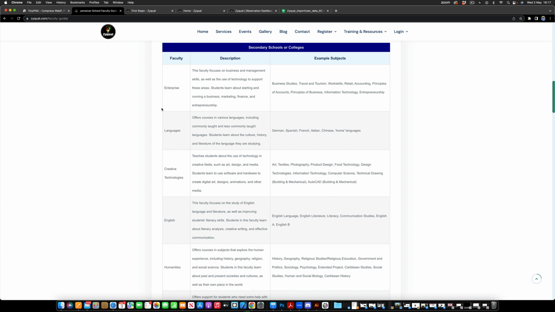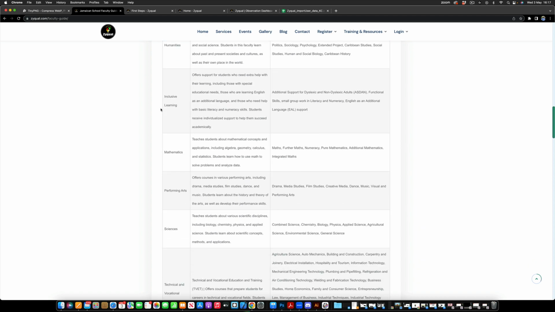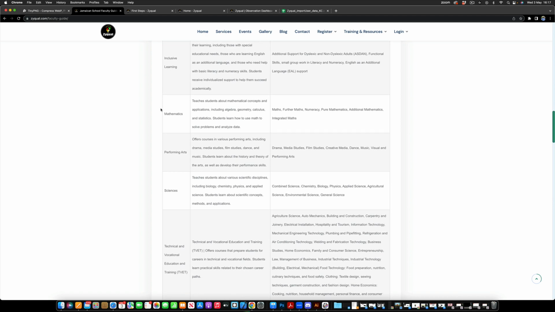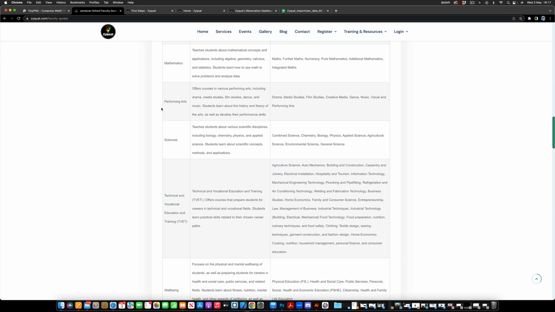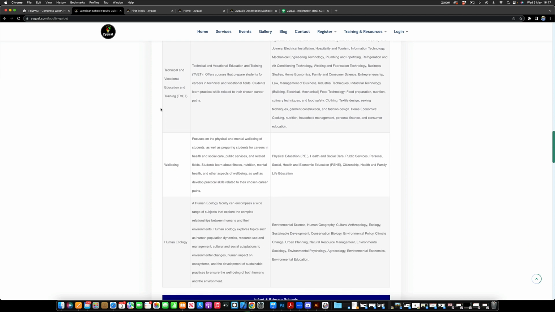Now, there is some flexibility and you do not have to stick to this 100%, but to make the system function seamlessly, you could follow this structure where possible to list your subjects. If you think there are some faculties missing that would make sense to have, you can always contact us at admin@zyqual.com and we'll be happy to add those faculties to the system so you can better align